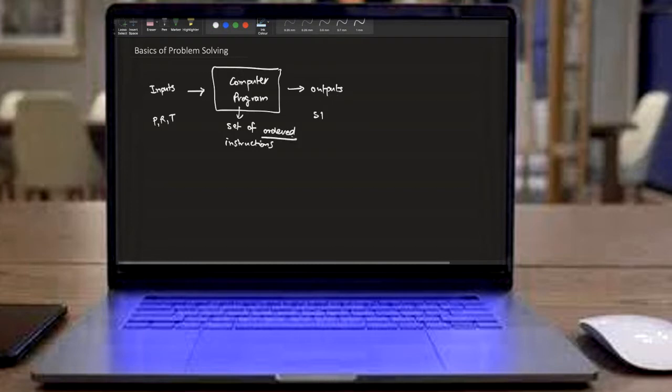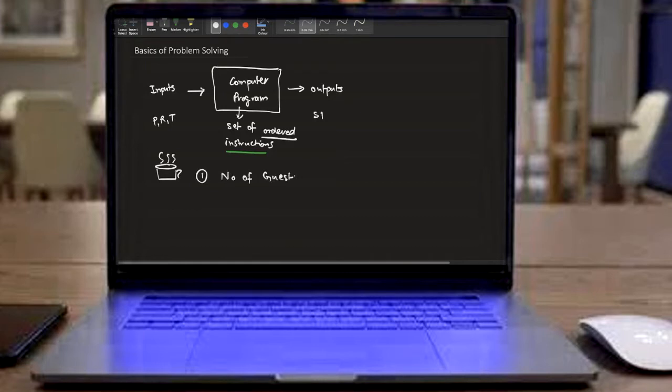Why is ordering important? Because if you do any real life task, let's take a simple task of making a cup of tea for guests at your home. You want to prepare some cups of tea for certain guests. Again, you will follow certain instructions, or your mom will follow certain instructions. What will those instructions be? The very first thing would be you will ask how many guests are there. You will ask the number of guests. That is like you're reading your input.